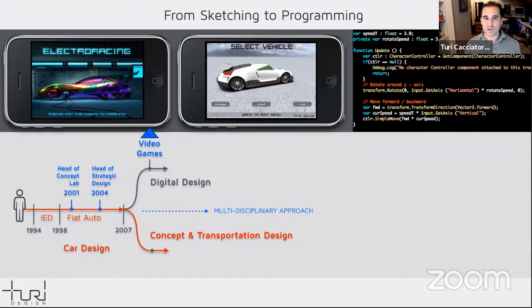So even small developers could create a game and sell it. So I saw that as an opportunity of being even more independent, that don't wait for a client to show up to make a project. And the decision of launching myself in this direction was also given by the fact that I left Fiat